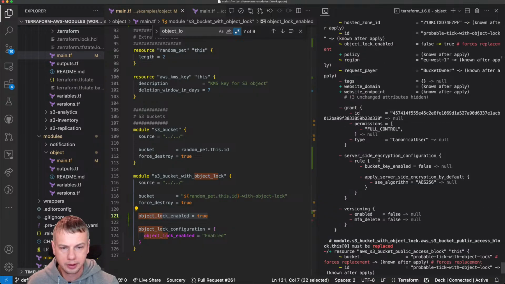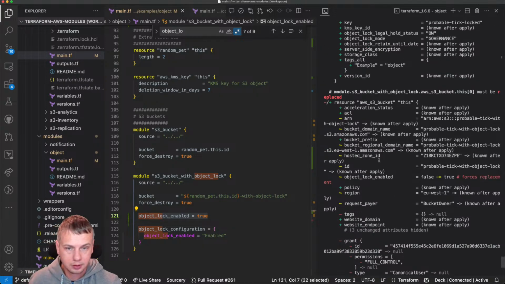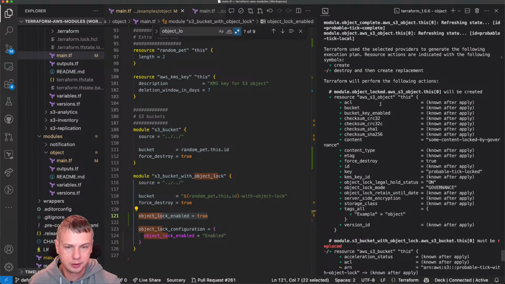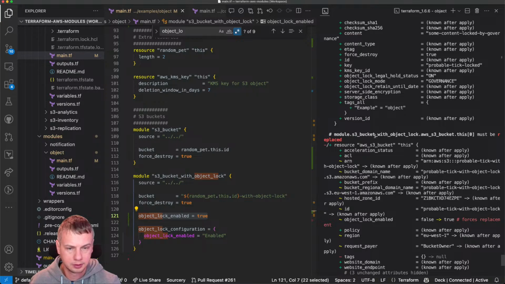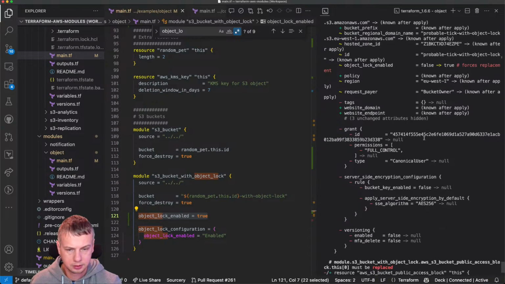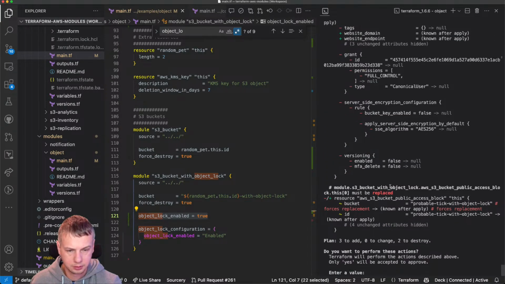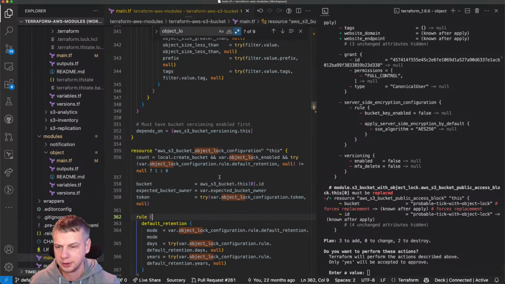So it is trying to add this resource, right? No, it's not trying to add it.